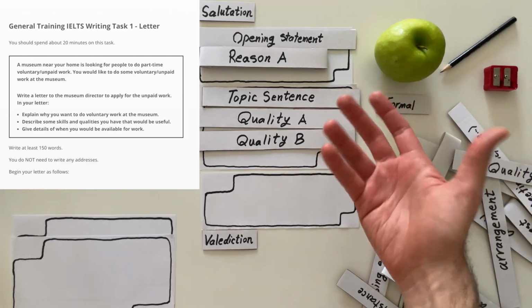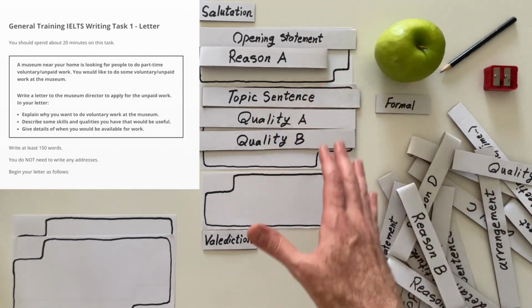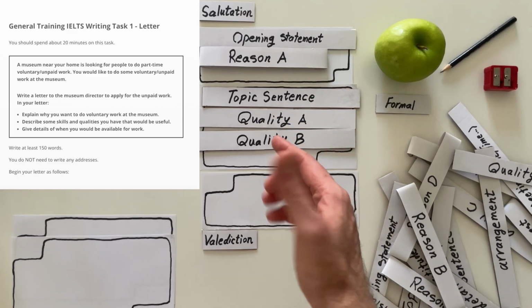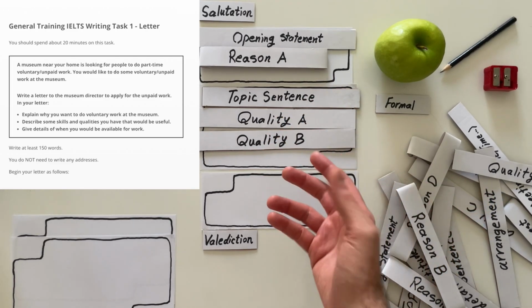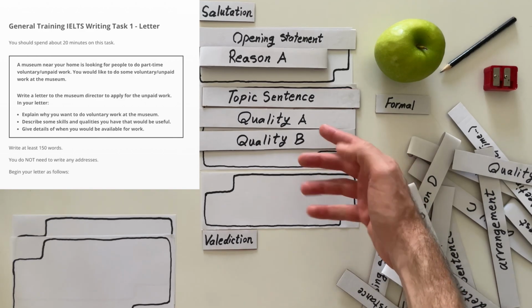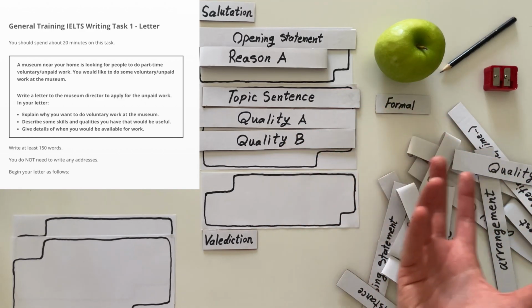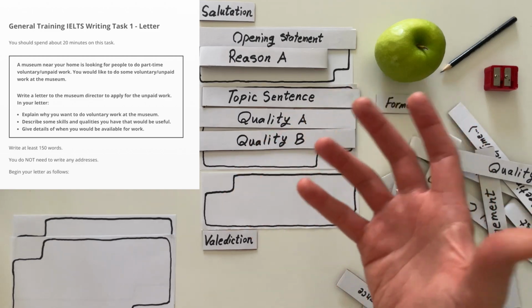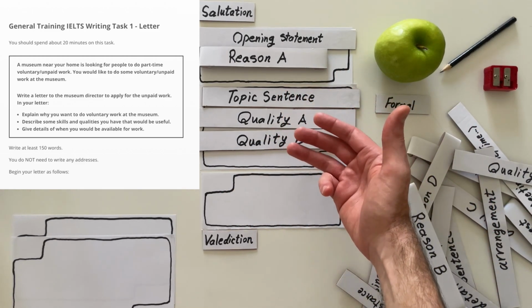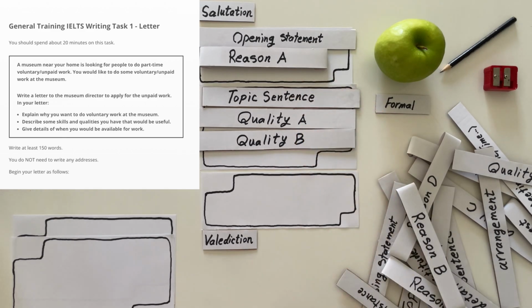In an ideal world, there should be balance, but we're not talking about an ideal world, and the museum director is looking for a deal. So they're giving one, but they're getting two. I mean, this is just math, I'm putting it in simple terms. Show that you will bring more qualities than what you expect from the museum to do.